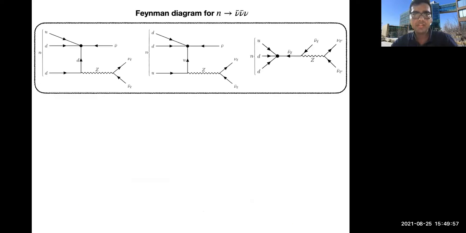Okay. So similarly, we can consider the diagram for n goes to nu bar nu, which has the experimental signature